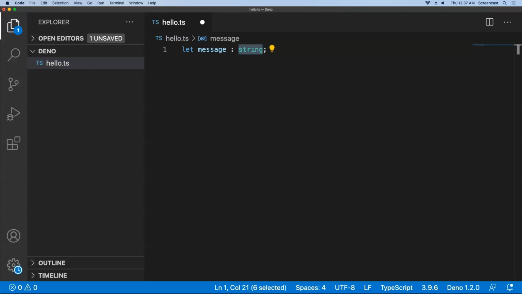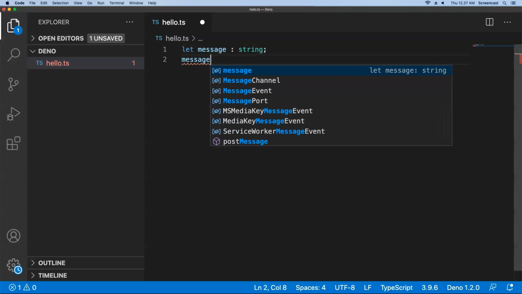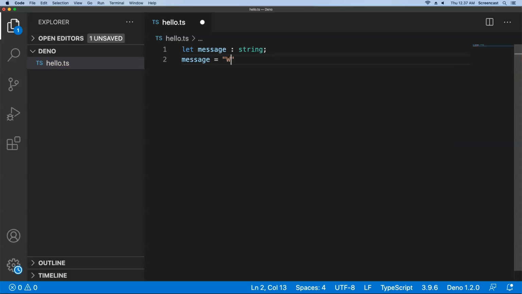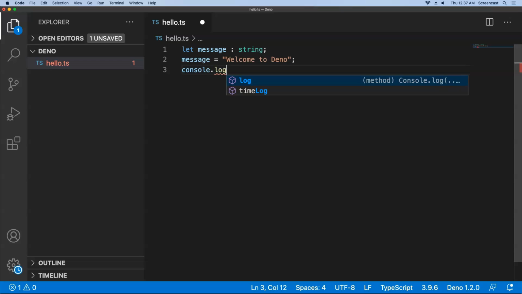In this case, this is a string. And now I will give a value to this variable. Welcome to Deno. And simply show the message by using console.log.